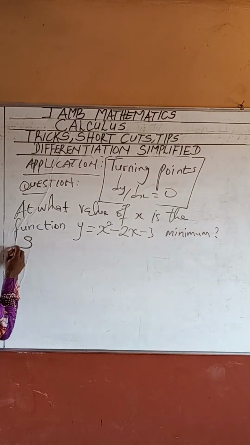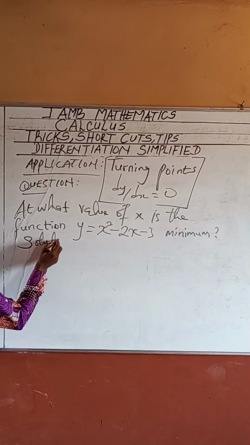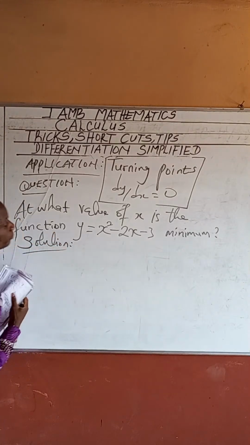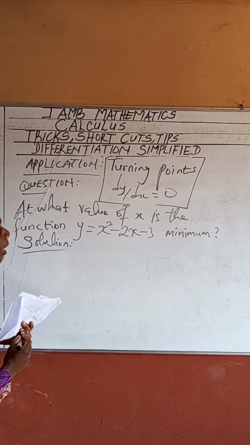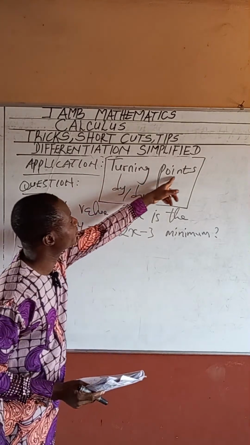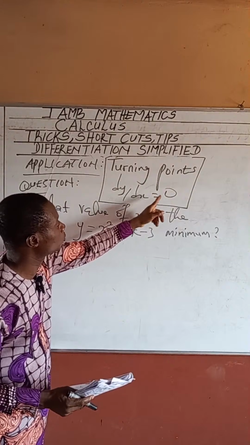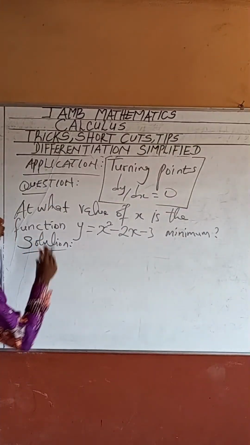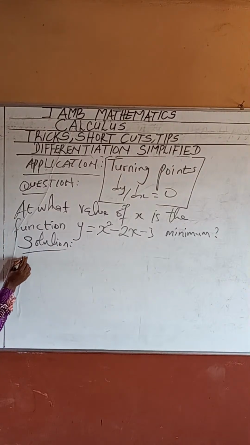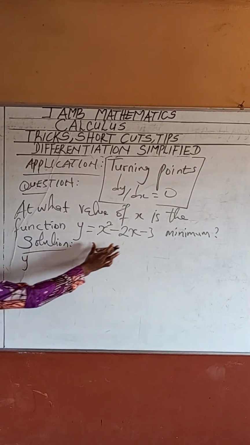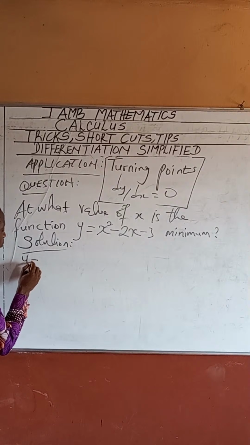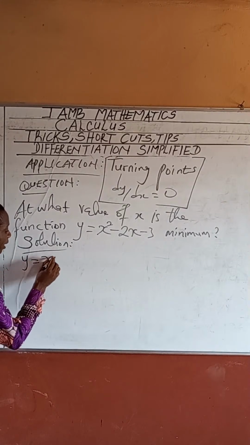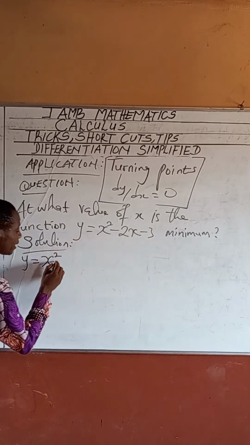So we are going to look at this. Remember, at every turning point, dy/dx is equal to 0. Look at it. That's what we have here. It's 0, which means we are going to differentiate first. What is the function? The function is y equals x squared minus 2x